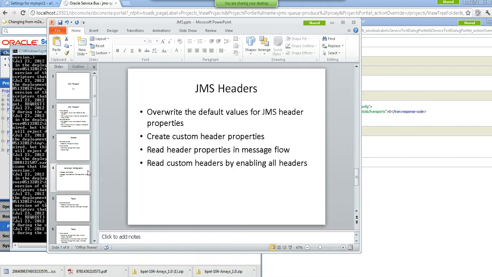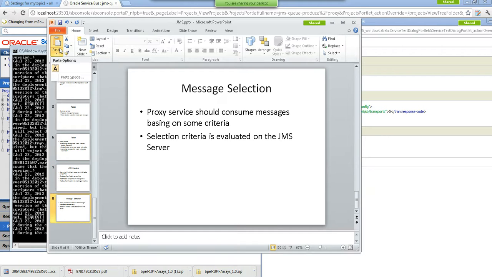Since JMS is the background of SOA, it's built on top of SOA, we have to make sure that these things are clear and work through the labs. And so the labs in this case are